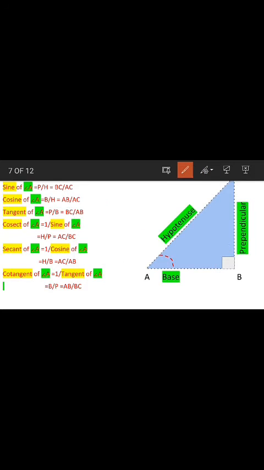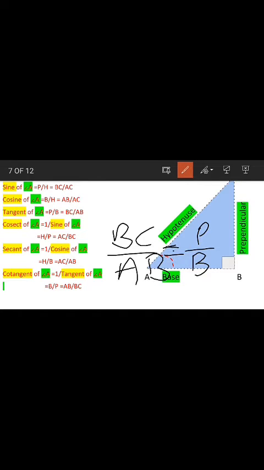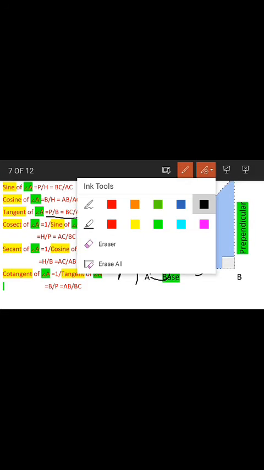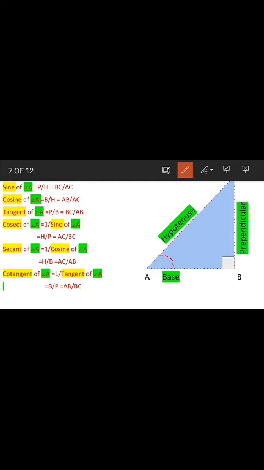Yes, that's right class. Now moving to the third trigonometric ratio, that is tangent of angle A. The tangent of angle A is another function of angle A, and this is going to be perpendicular upon base. Since for the given angle A, the perpendicular is always going to be BC in this case, and the base will be AB. Therefore, the tangent of angle A is perpendicular upon base, equal to BC upon AB. So you are getting good at this class. Now you can easily solve any of these 3 ratios.